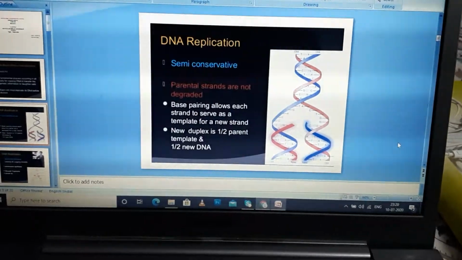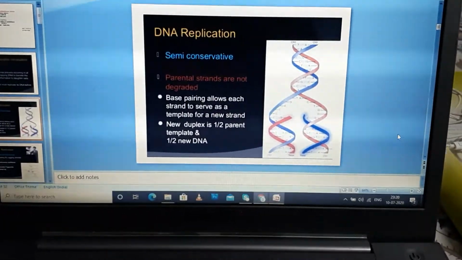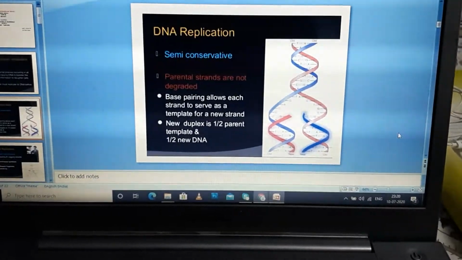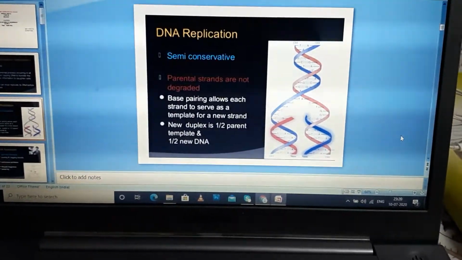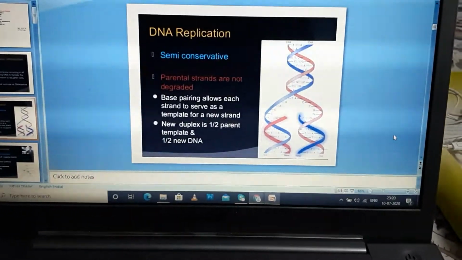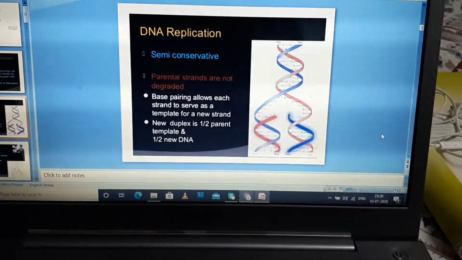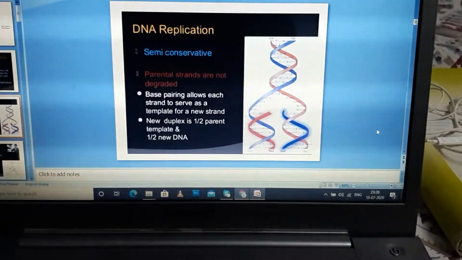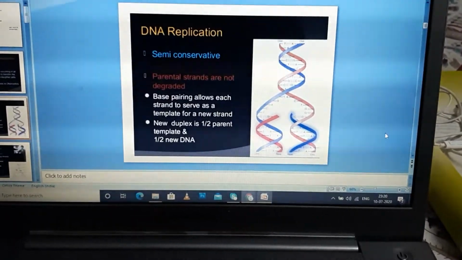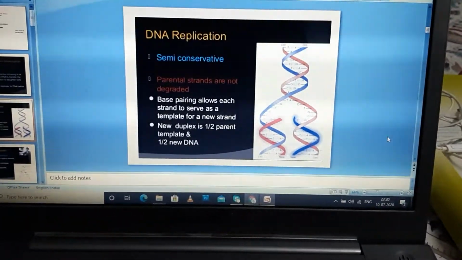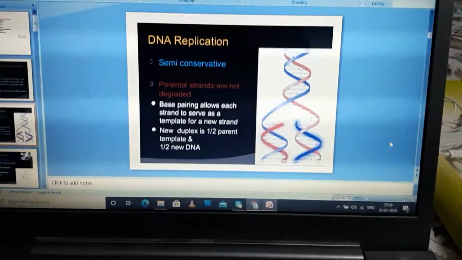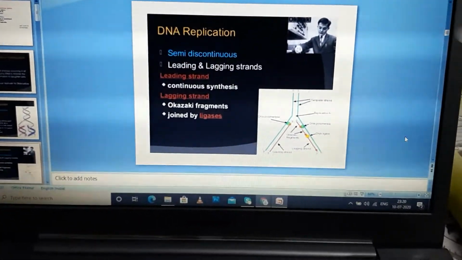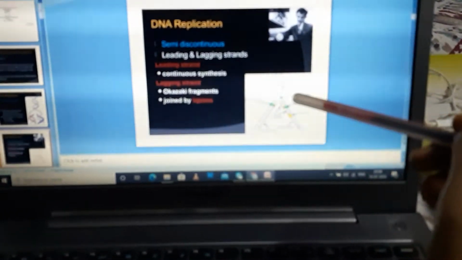Due to this nature, DNA replication is known as semi-conservative, as one copy is conserved in each of the progeny. We can say that one strand is directly from the parent and the complementary strand is prepared in the progeny. DNA replication occurs in the form of